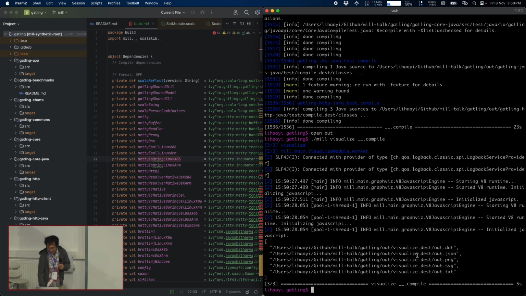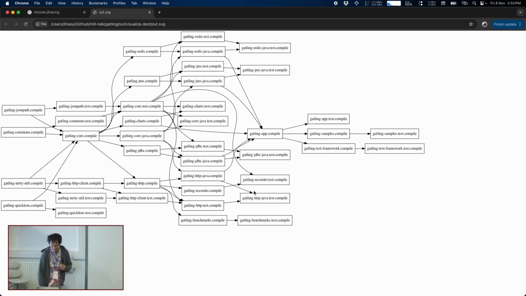So you see now it generates five files: a dot file, a JSON file, PNG, SVG, TXT, a bunch of graph formats, whatever you prefer. If I open up the SVG, you can see that this is the Gatling Mill build's compilation dependency graph. You can see that core compile is indeed a bottleneck. This is exactly what we saw earlier in our profile. You can see that only when core compile finishes can the downstream tasks begin kicking off. And core test compile, again, maybe is another bottleneck, that only when this finishes can the downstream test